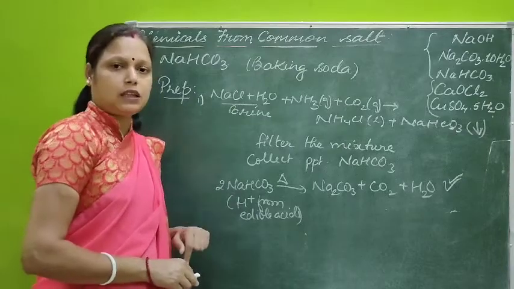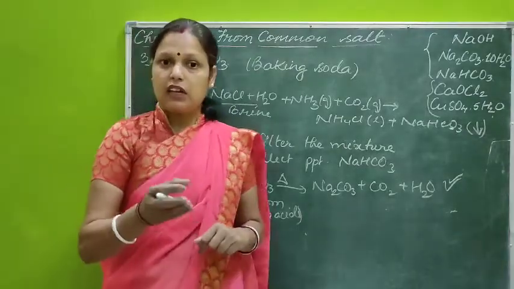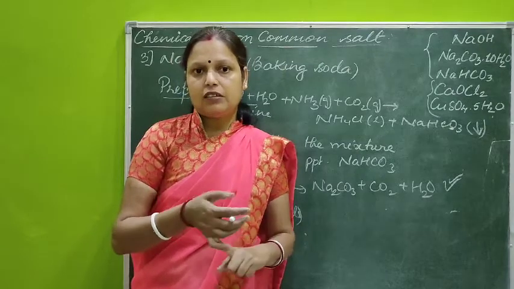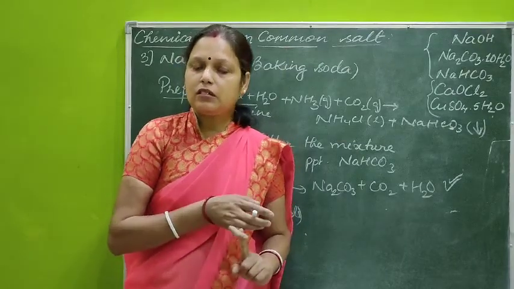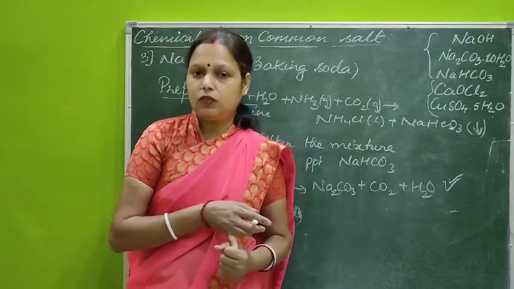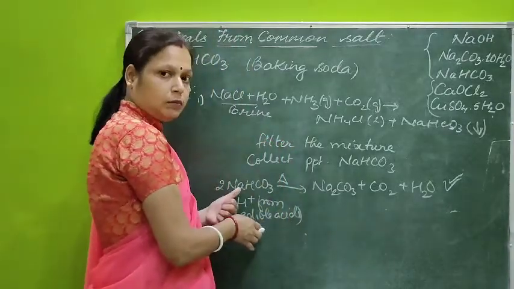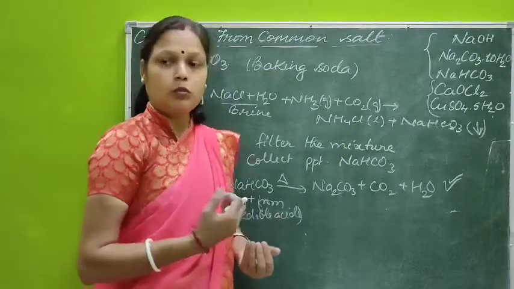सोडा से पाउडर बनता है. जब उसमें हम खाने वाले acids, citric acid, tartaric acid, malonic acid, such type of eatable acids we used to add. So the H plus ions from those acids, when they are added, and इस baking powder को हम